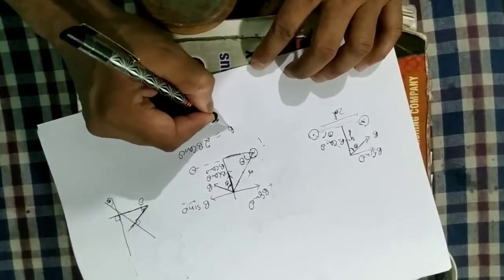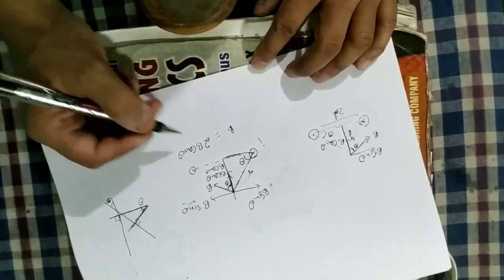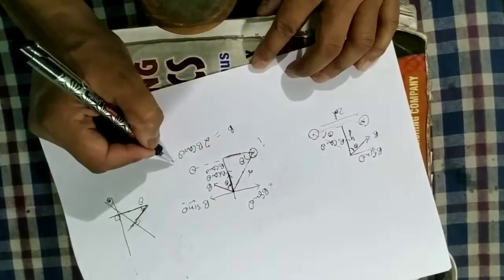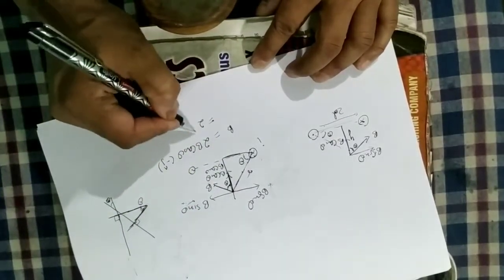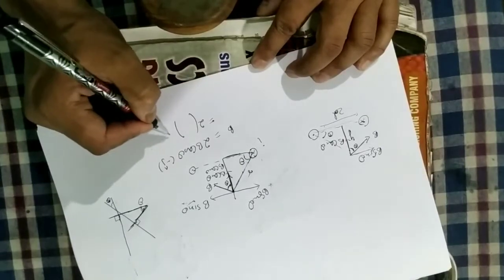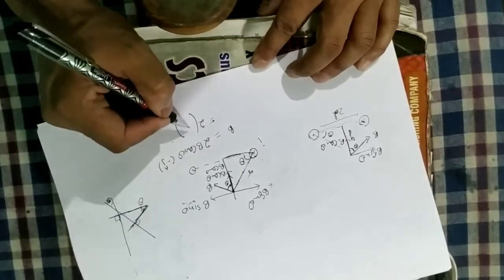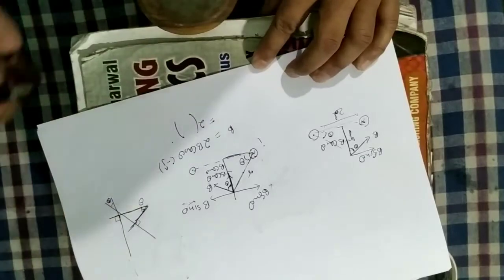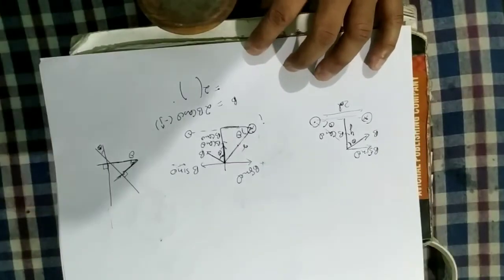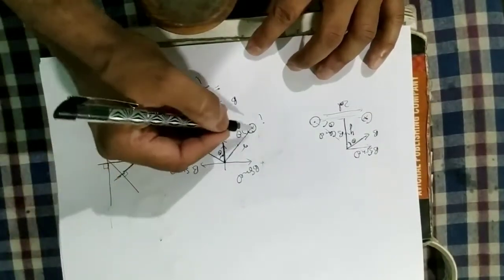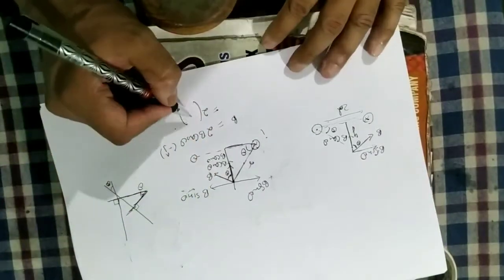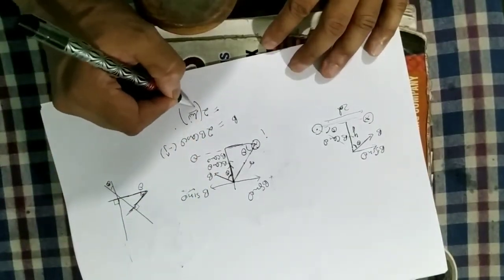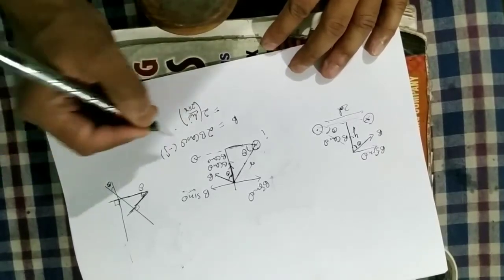This is your net field. And this net field is in which direction? This net field is in the direction of minus j cap. Now what is the field? First I will put the value of the field and then I will put the value of cos theta. This is an infinite wire. I forgot to tell you that this is an infinite wire. Since the beginning I have used an infinite wire. If it is an infinite wire, the field because of an infinite wire is mu naught I by 2 pi r. And then cos theta.